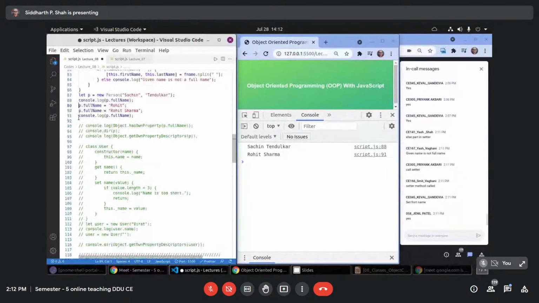And let's try this. Now what will this print? Can anyone tell me?